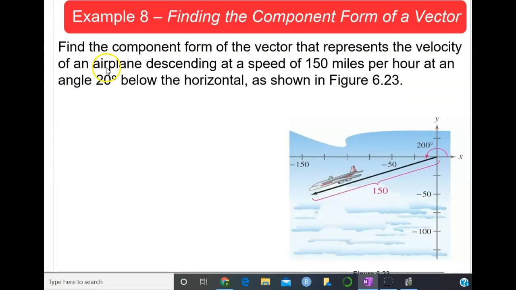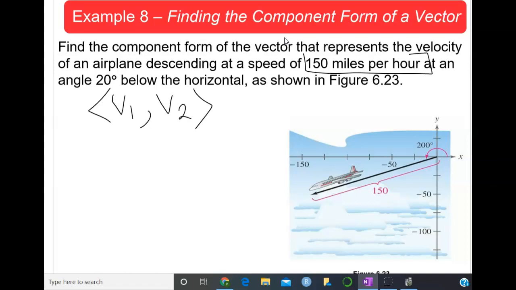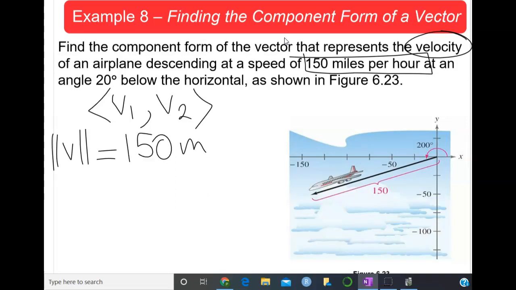Okay, so for example 8, we're going to find the component form of the vector, the one that looks like this, for example. That represents the velocity of an airplane descending at a speed of 150 miles per hour. So in this case, velocity is going to be the magnitude of vector v, and that is 150 miles per hour. That will be the magnitude, and it is going at an angle 20 degrees